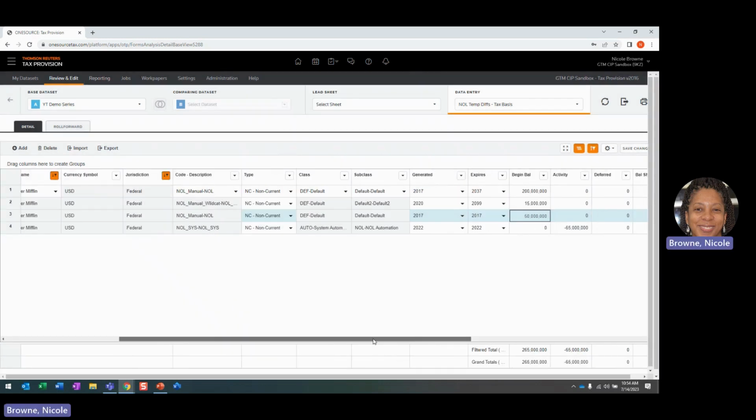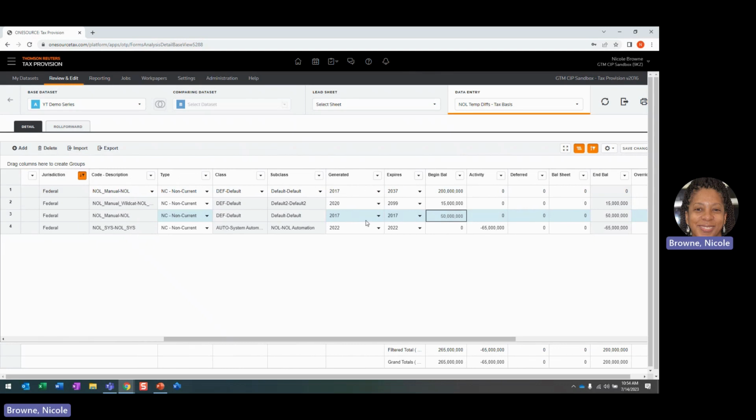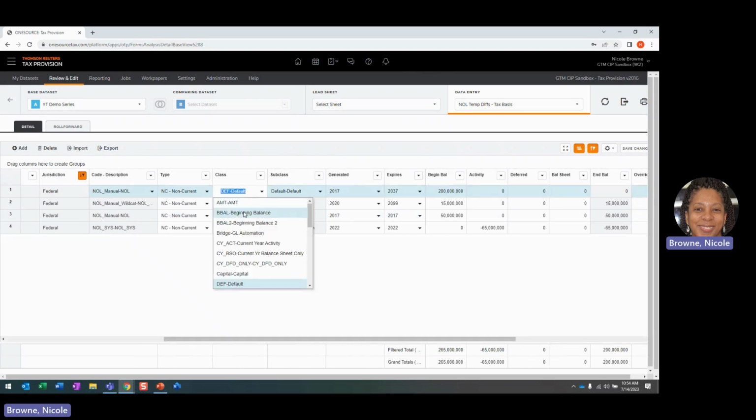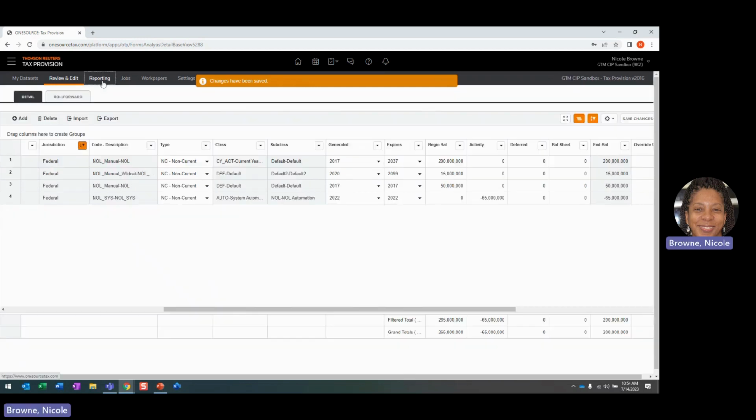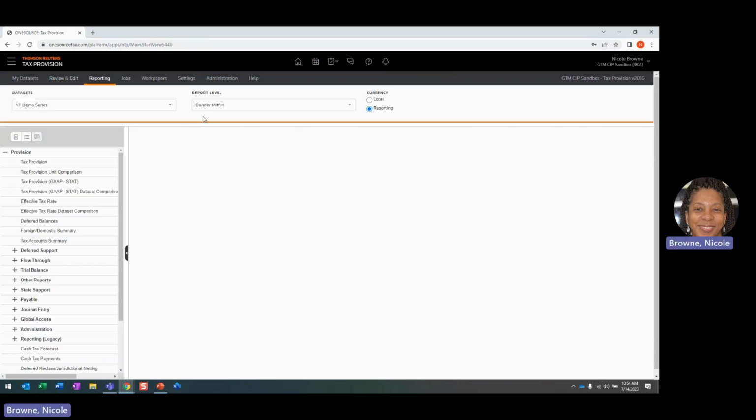Seems like I had an issue here. Let's see. I have two line items with the same. So let me just put that in a separate class. We'll do current year activity, save. Okay, so if I go into reporting and I run this provision again,